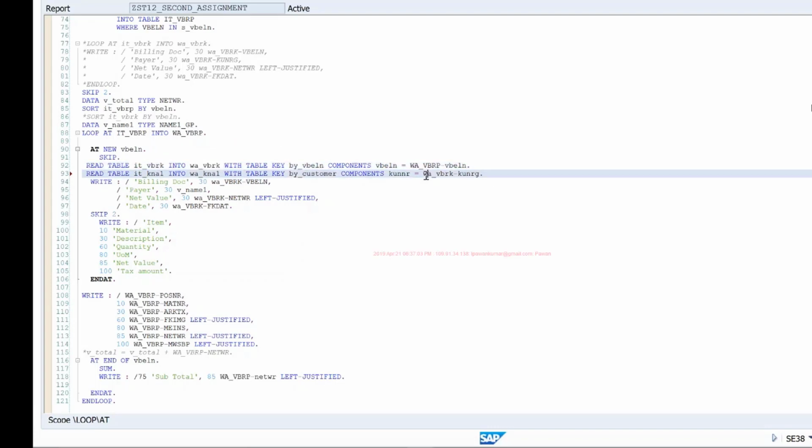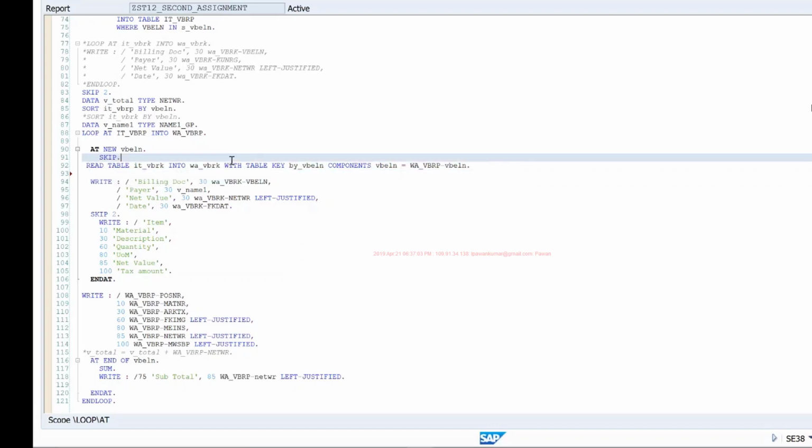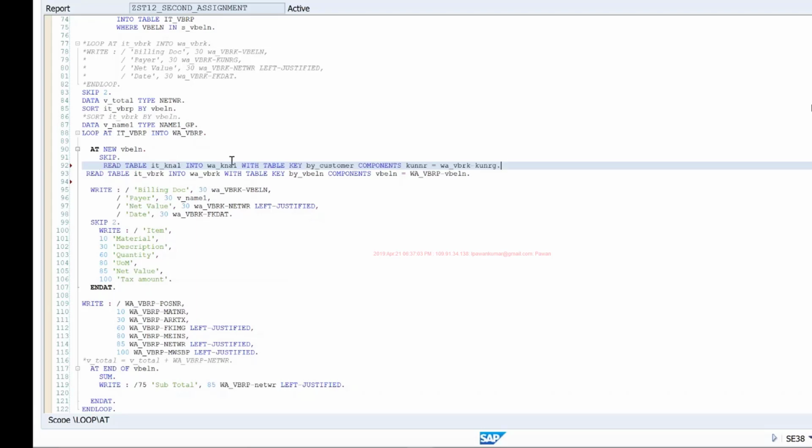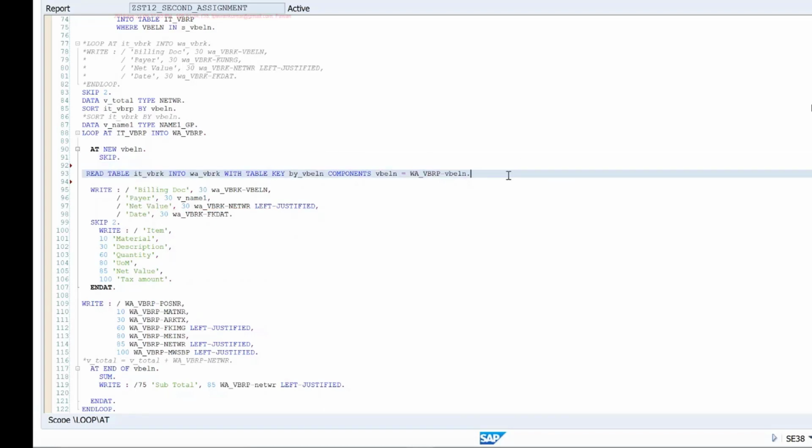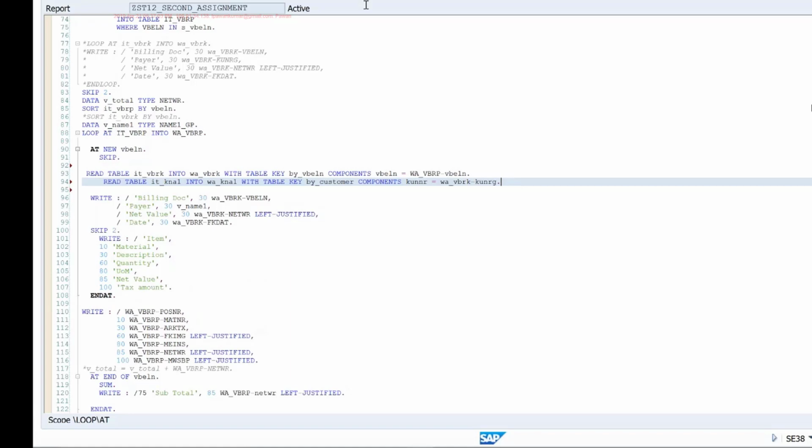Then I'm comparing that to read IT_KNA1. If I write this read statement before reading VBRK, it will fail obviously because at this point WA_VBRK will be empty or it will have the previous record if I'm not clearing it. So in the first loop it will be empty. So we should read it after reading VBRK, right?